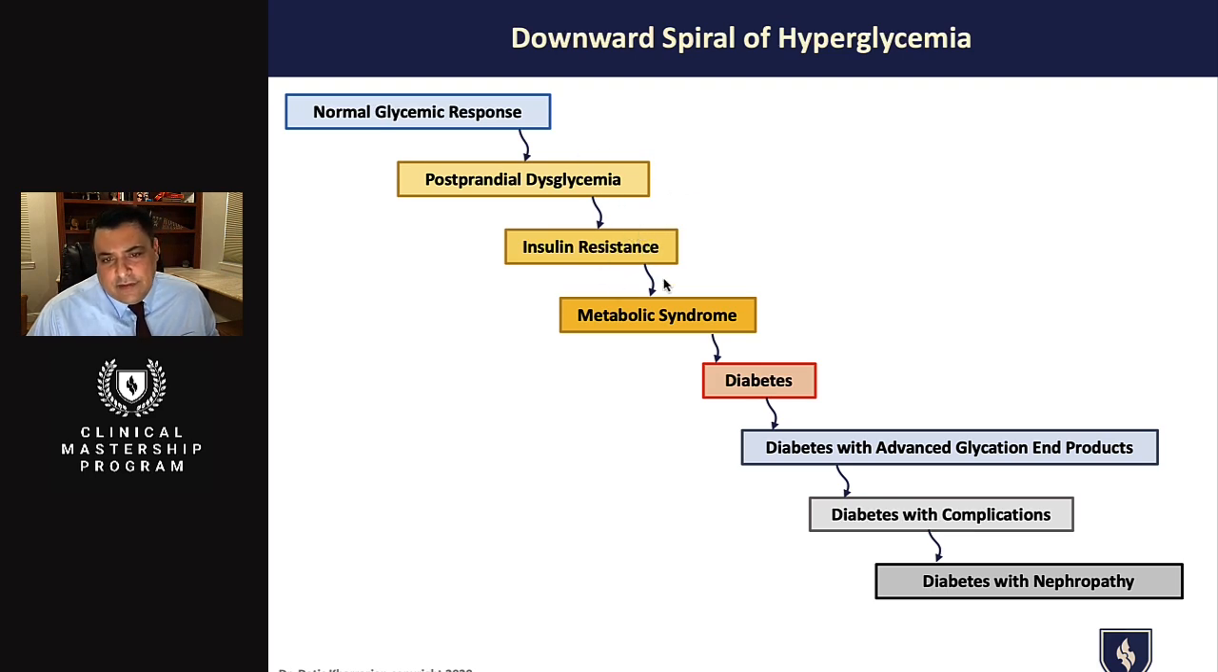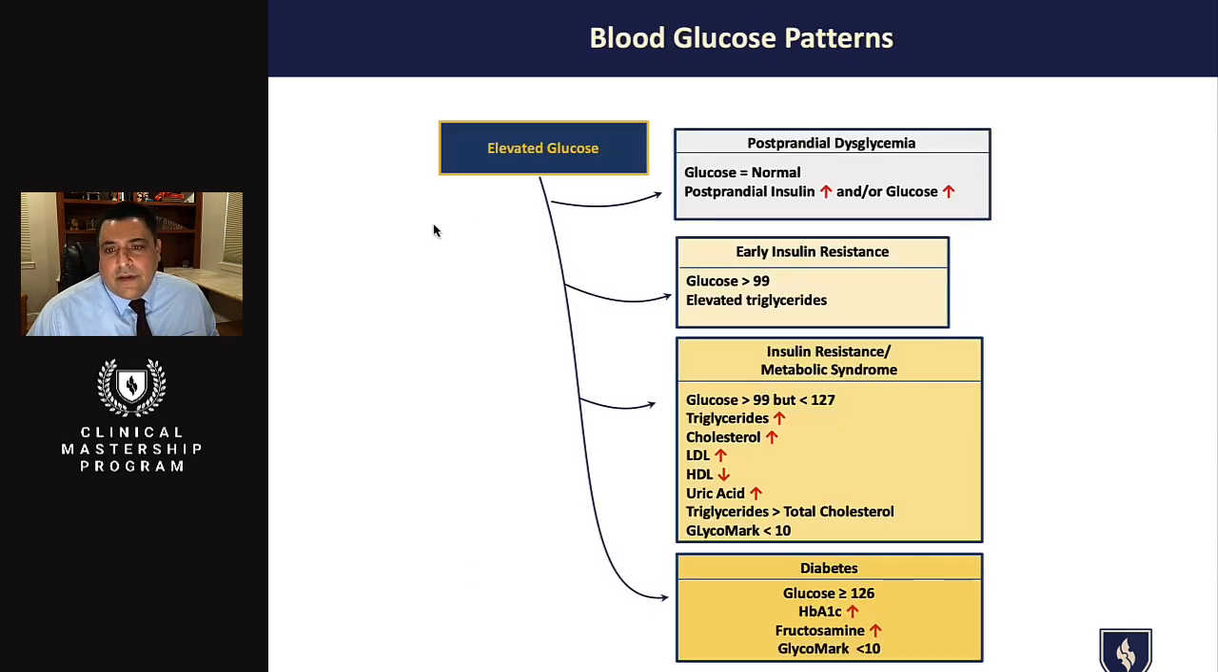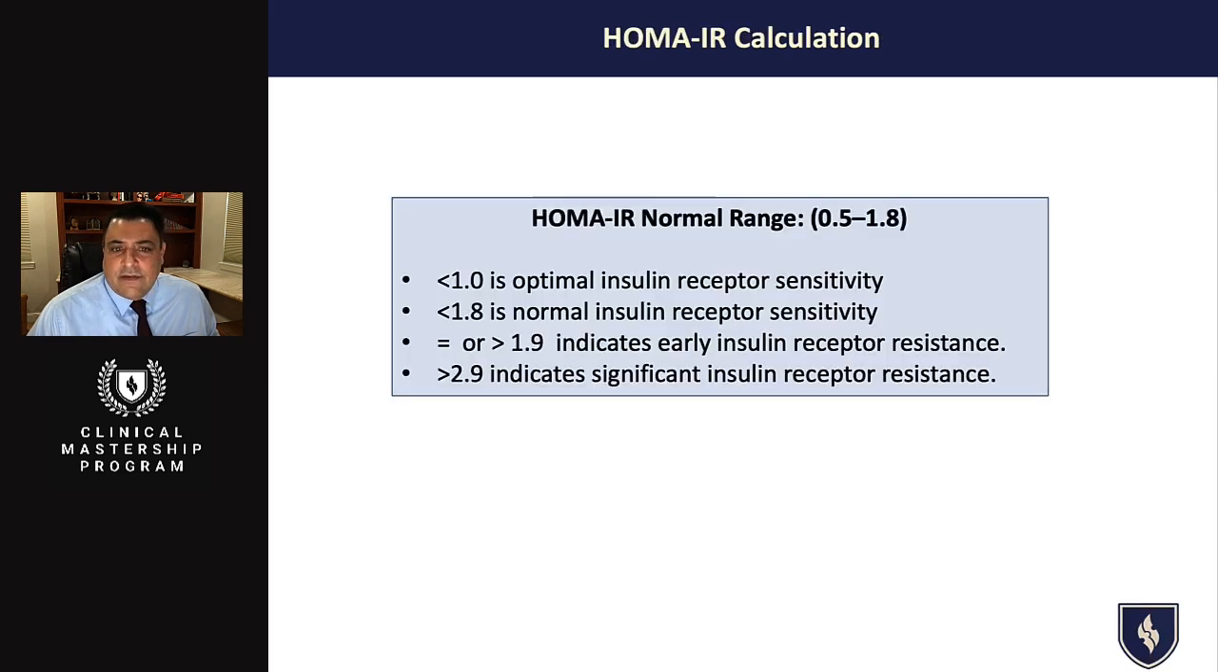And then at some point they get insulin resistance and metabolic syndrome, and it's pretty clear to see their downward spiral. So when you look at the glucose patterns, with postprandial dysglycemia, postprandial insulin and glucose are high. Another thing you can use to catch this stage before you see elevation of glucose above 100 and triglycerides high is that elevation of the HOMA index. So the clinical profile this month is to